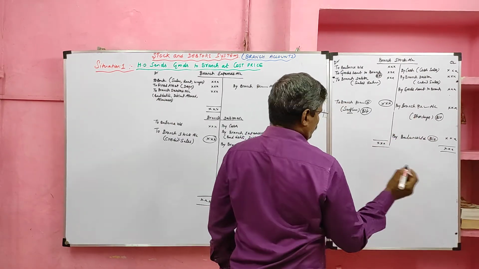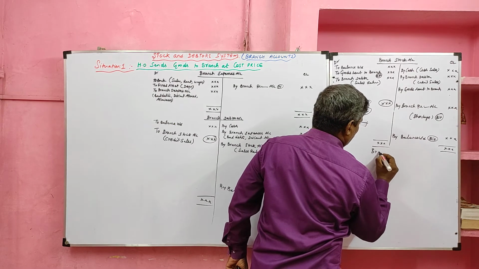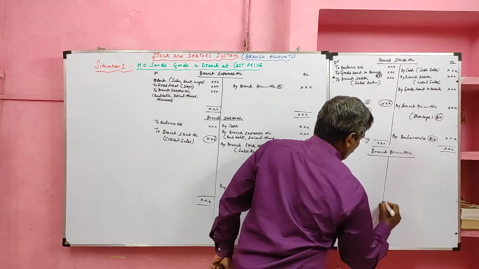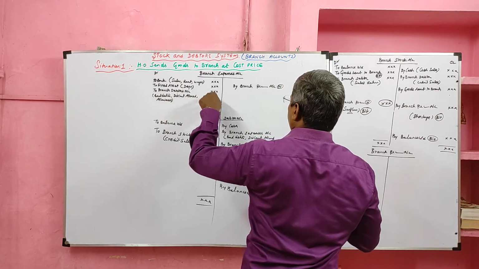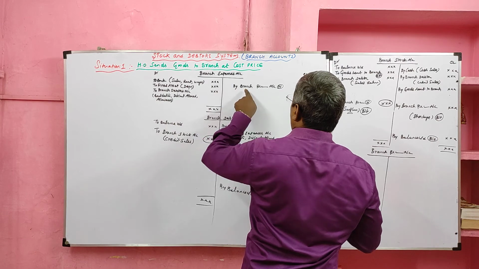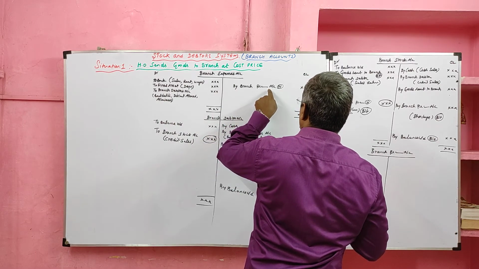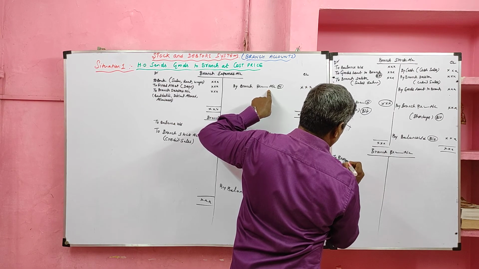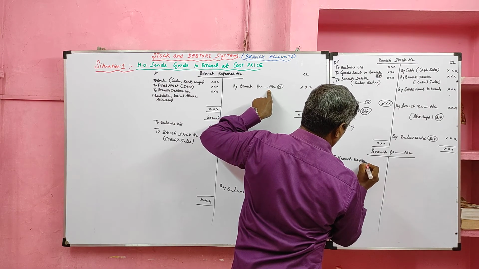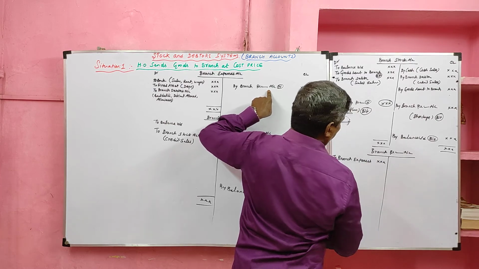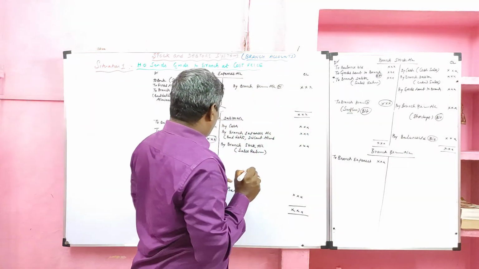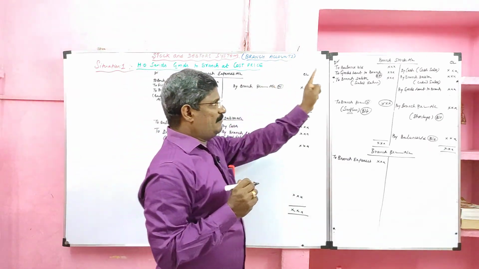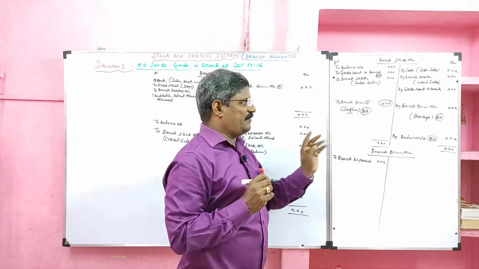Then we are going to learn the last, that is branch profit and loss account format. First we prepared branch expenses account, the total value transferred to the branch profit and loss account. So in branch profit and loss account, the branch expenses total value should be debited. Then the branch debtor account we prepared, we found a credit sale. The credit sale transferred to the branch stock account, it will not come to the branch profit and loss account.